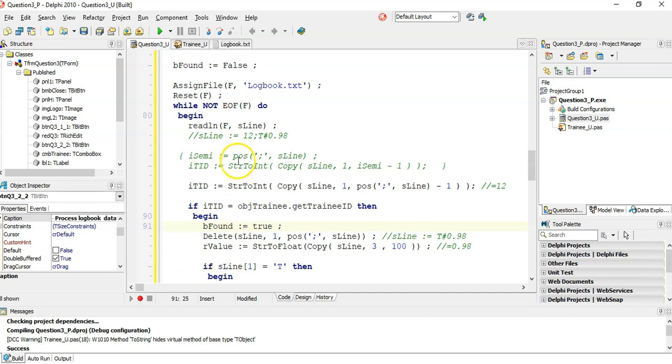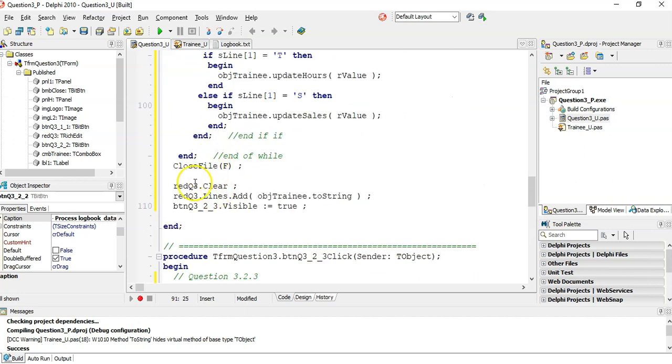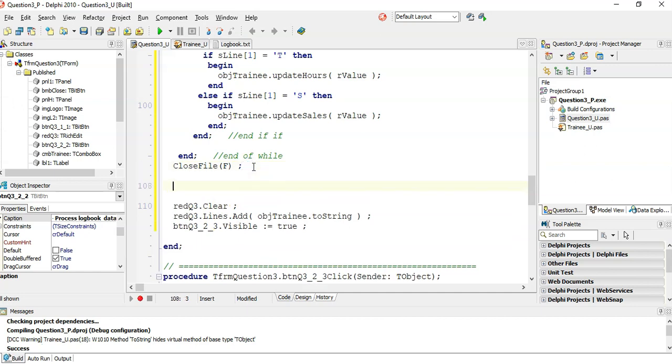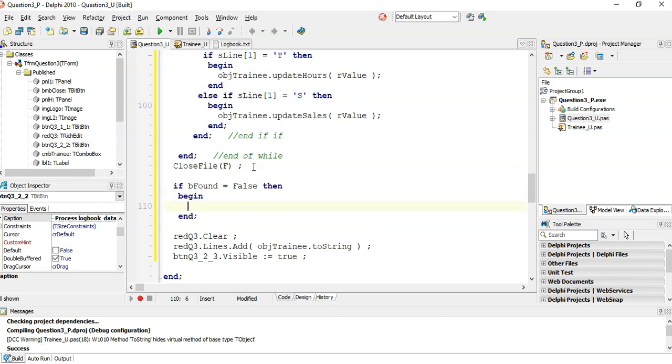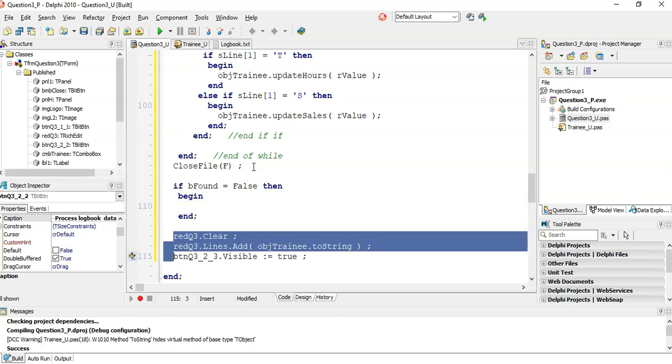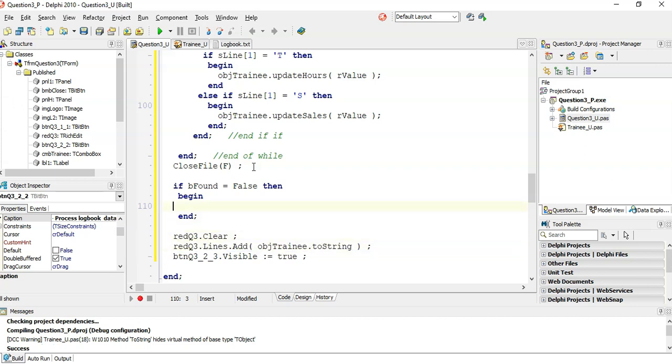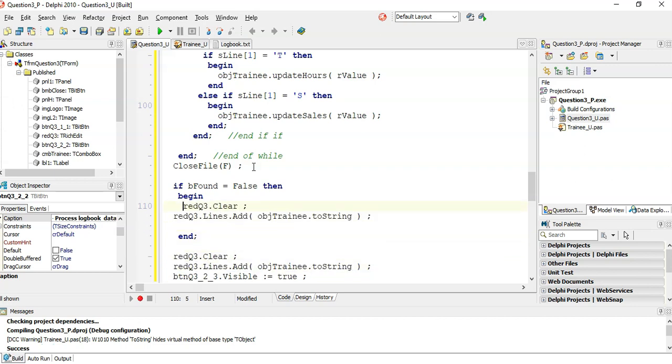I don't set it back to false. I defaulted it to false, and the moment I find a train ID, it's true. Fantastic. If I get to this part and be found is still false, that means I went through the entire logbook and didn't find anyone. So then we're going to clear the rich edit, and we're going to display that message that they want me to display,